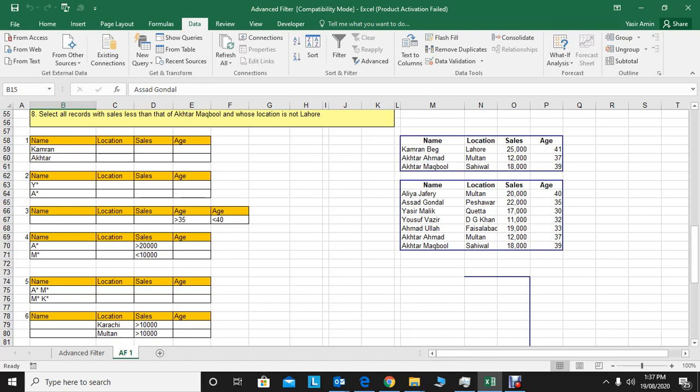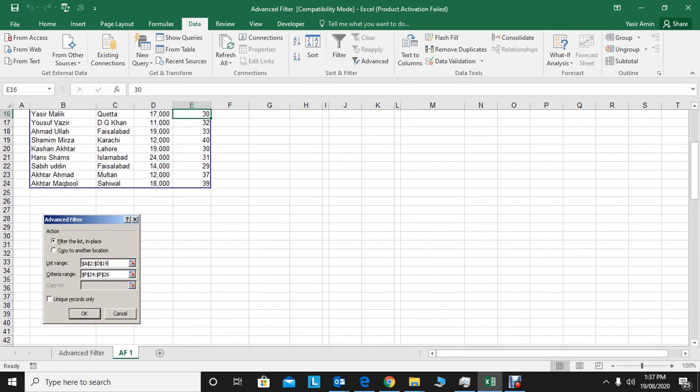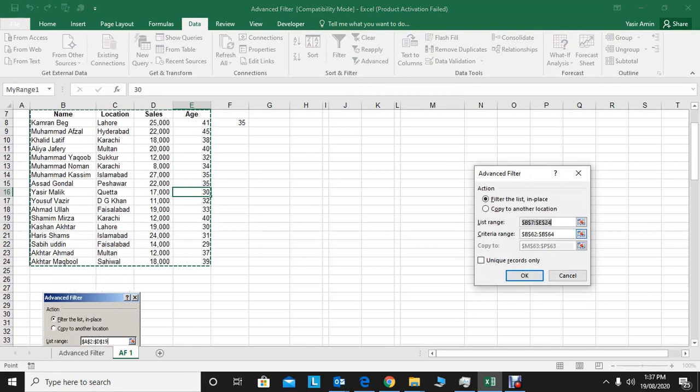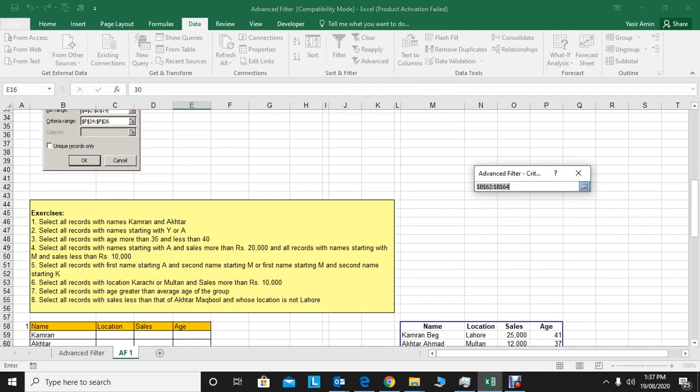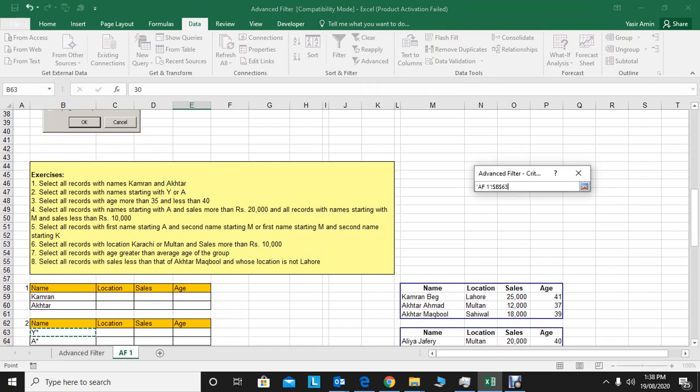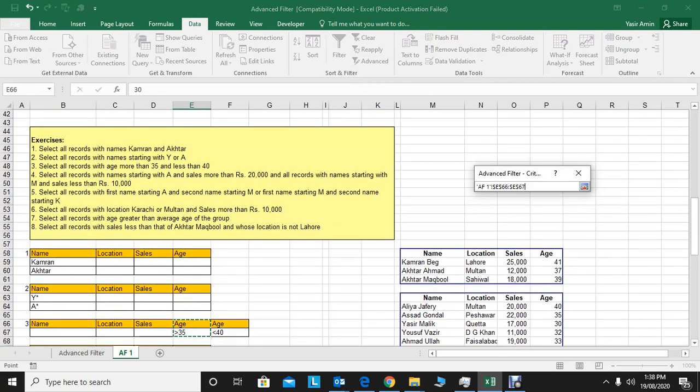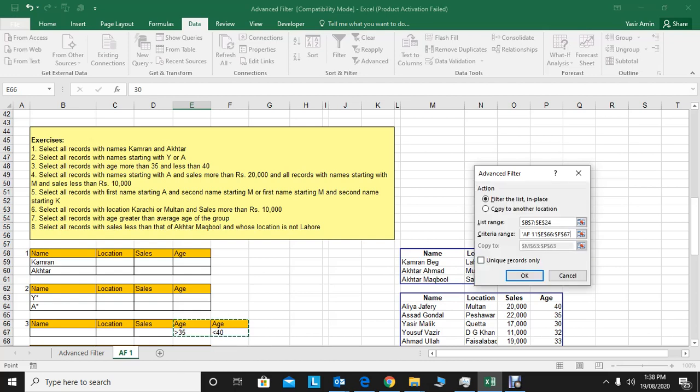Now the third criteria is I want only those whose age is greater than 35 and less than 40. This is the third exercise. In the third exercise, same thing, we go there, select. The criteria is now changed. This is the criteria, age more than 35 and less than 40.